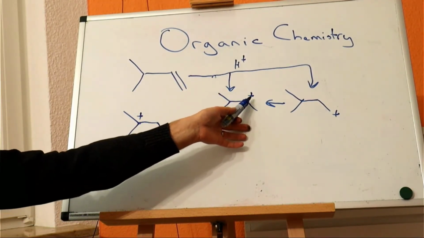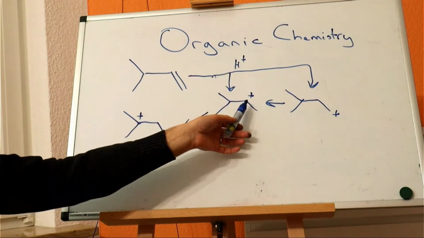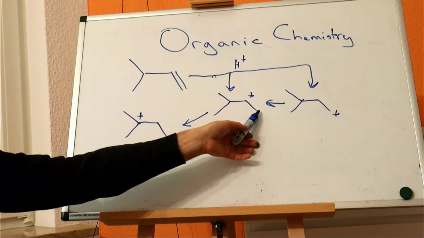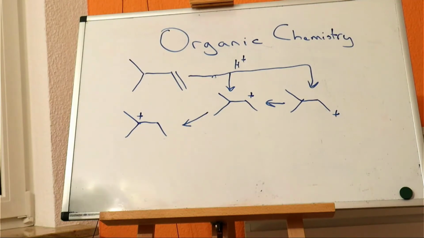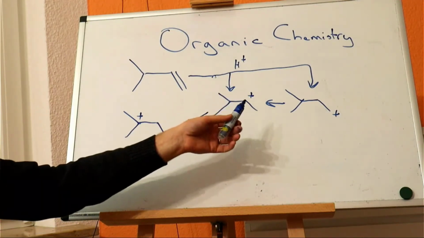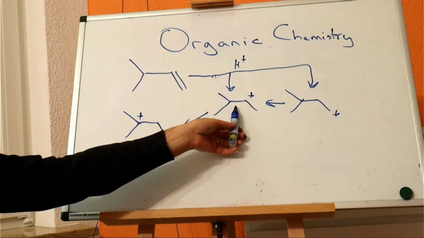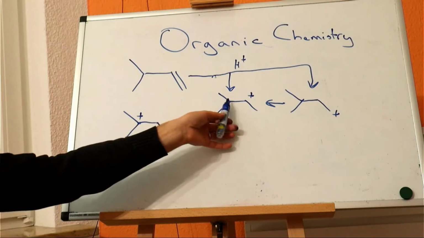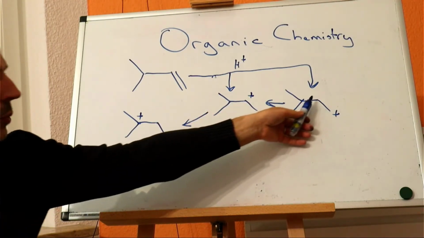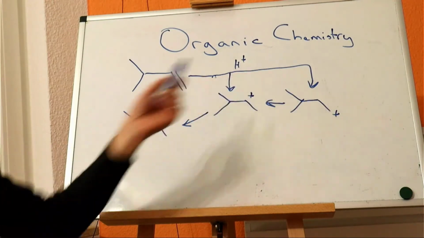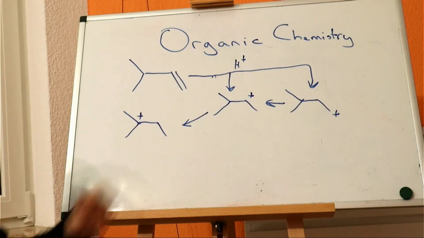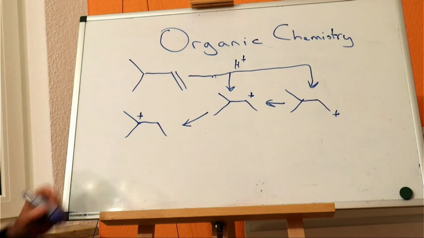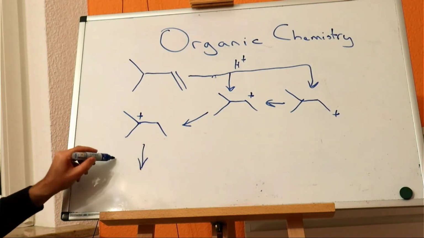If we have it on the second carbon along, it's unlikely to move in this direction because that would make it less stable, and so it's more likely to move in this direction. So it would be a hydrogen shifting to here, and here would be a hydrogen shifting to here. It could do that after the beginning. Then those three intermediates can now react with the OH minus and produce their products, which would be